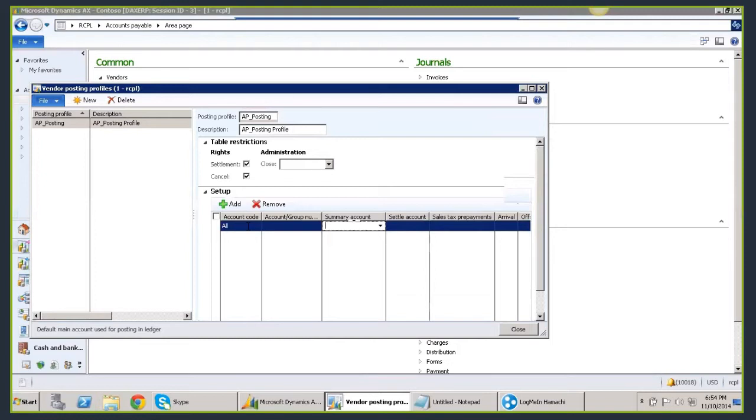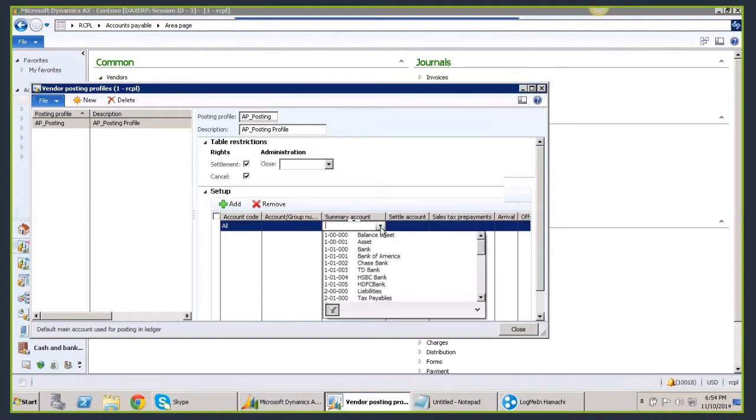How about Solomon and Ivan? Yeah, expenses. How about Solomon? I missed the question, sorry. This summary ledger account, which ledger account do we have to assign? You are seeing all the list of ledger accounts, right? So you have to create one ledger account right now. As a consultant, you are expected to create it. Under which category are you going to create your ledger account? Yeah, all of them say expenses.